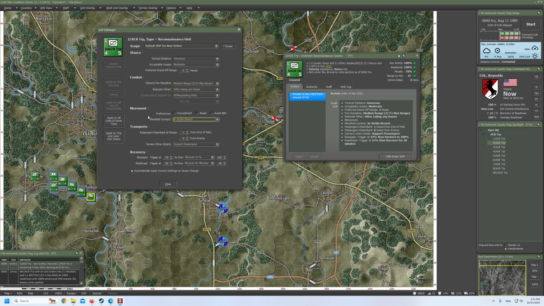Okay, so that's it about the movement. Then we have the transports. Passengers disembark at range, and we have one hex from end of path, and we also have a setting to disembark at a distance from the enemy. So I think that's